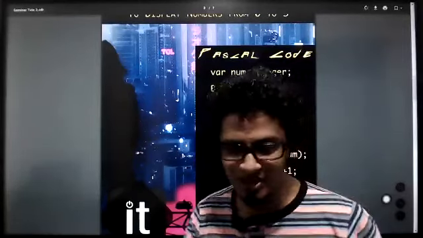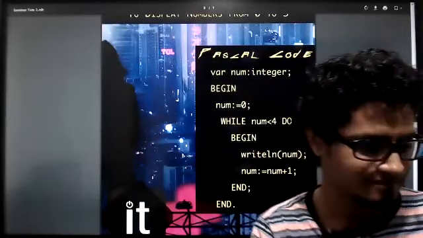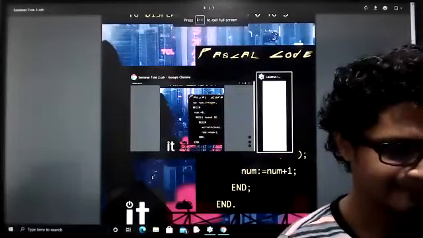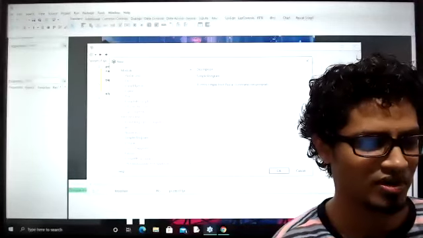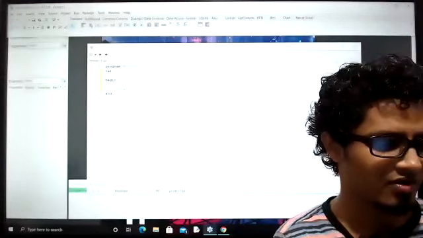So I'm going to open up Lazarus and take a new simple program. You can always say File, New, and select Simple Program from there. Let me increase the font size, otherwise you won't be able to see it. Can all of you see this font size, kids? Super. Perfect.